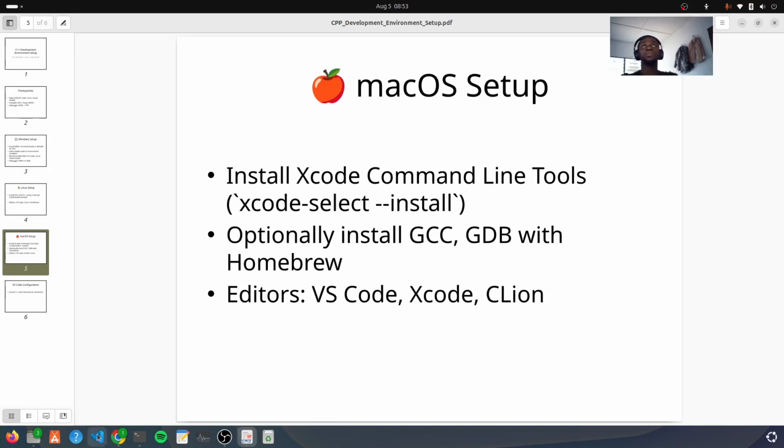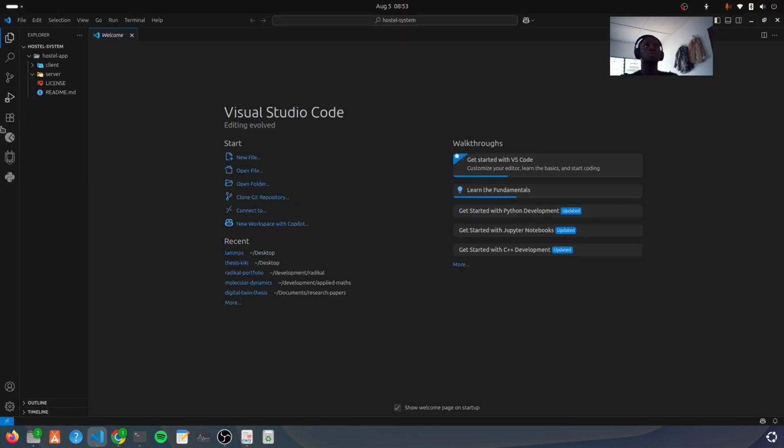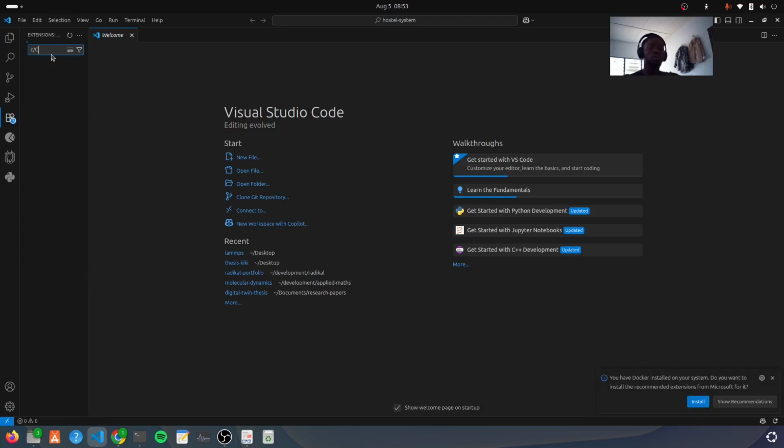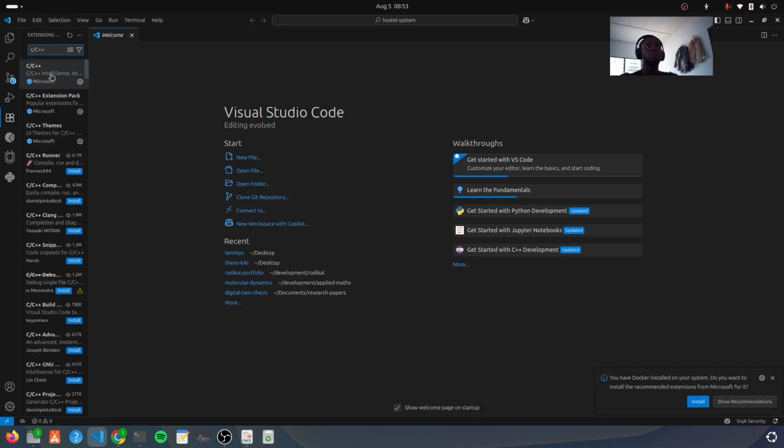Then if you're on Visual Studio Code too, let me launch Visual Studio Code. We have various extensions that make coding easier. So if you're on VS Code, you just have to come to this side, extensions, and then you search for C/C++. So this extension, right? You download this extension, you install this extension. I've already installed this, so I'm not going to install it. You install this extension pack, and then